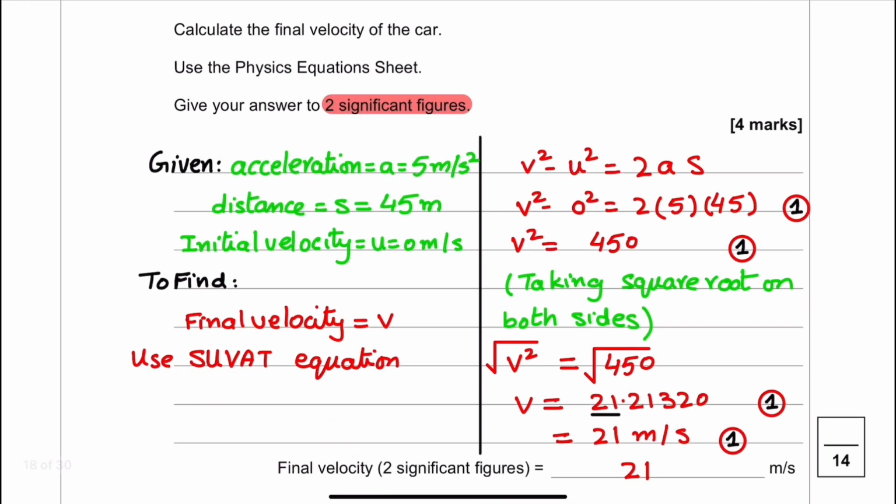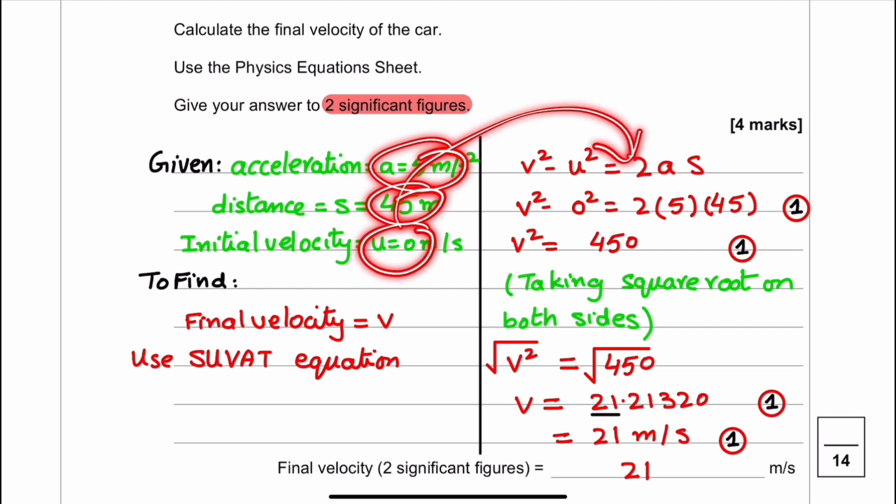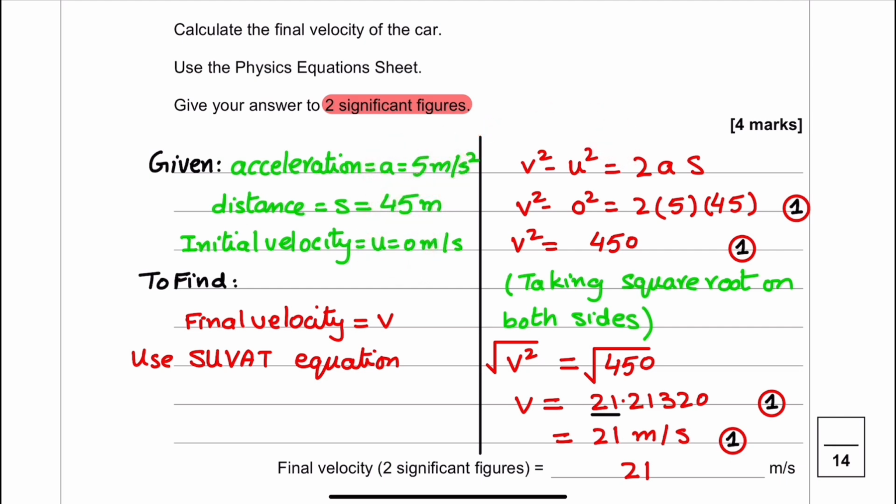The Suvat equation is v square minus u square equal to 2as. We will substitute the values of the acceleration, distance, and velocity in our equation. v square minus 0 square is equal to 2 into the acceleration, that is 5 meter per second square, and the distance traveled is 45 meter. So v square is equal to 450. Taking the square root on both sides, v is equal to